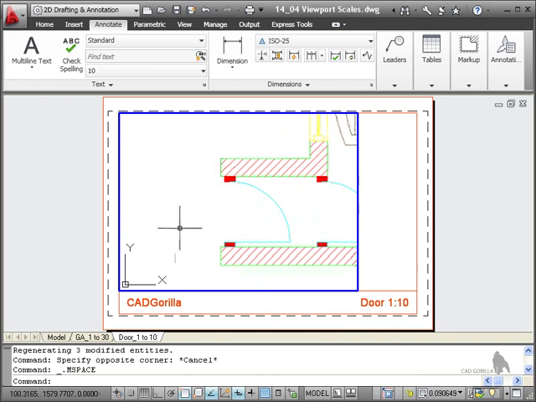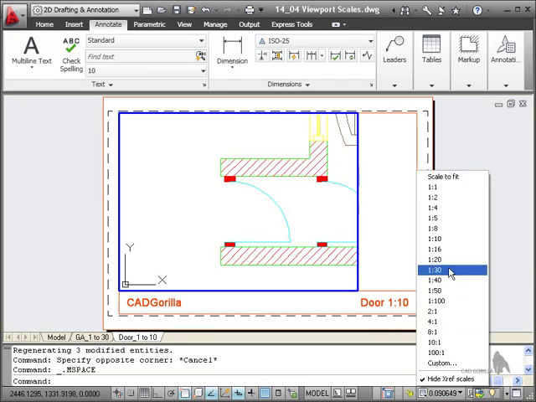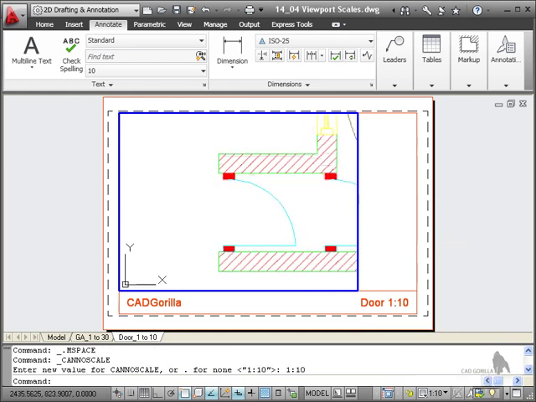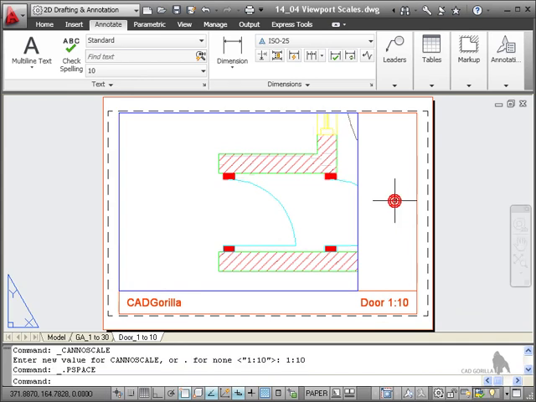Why is that? Well, let's get this scale at exactly 1 to 10. So with the viewport active, I click there on the viewport scale, and I select 1 to 10. So that's exactly 1 to 10. I double click outside the viewport to deactivate it, but still those dimensions haven't appeared. Now with annotative scaling, what you can do is set different viewport scales, different annotation scales to your dimensioning and